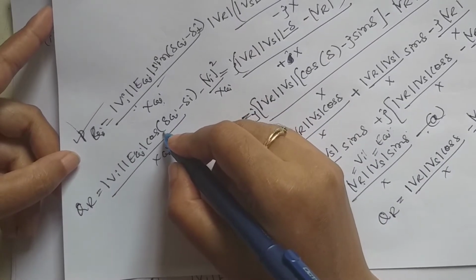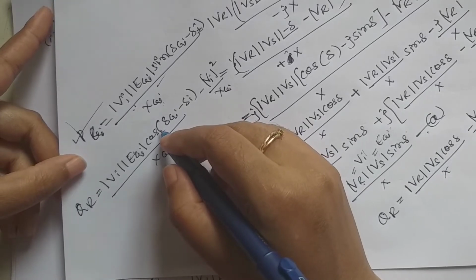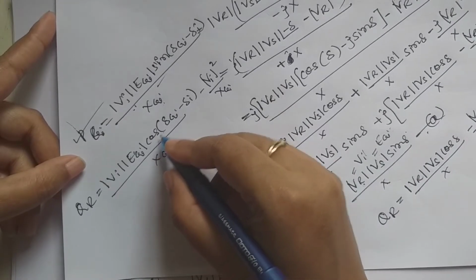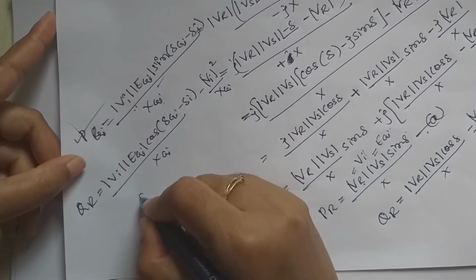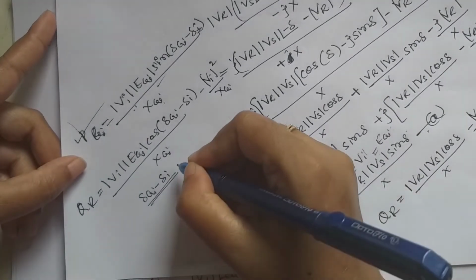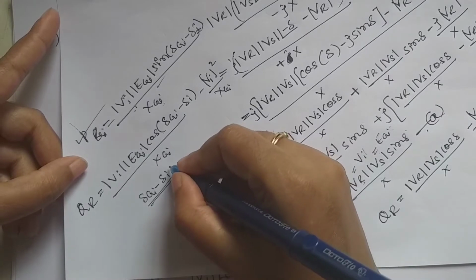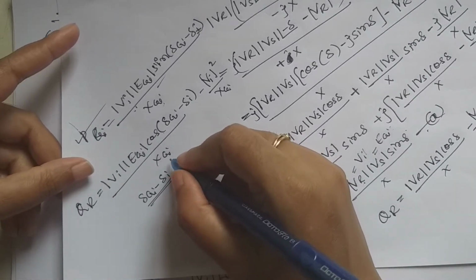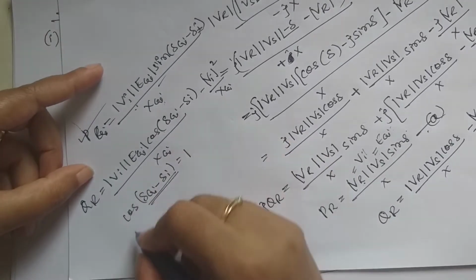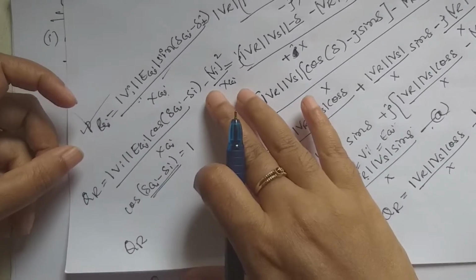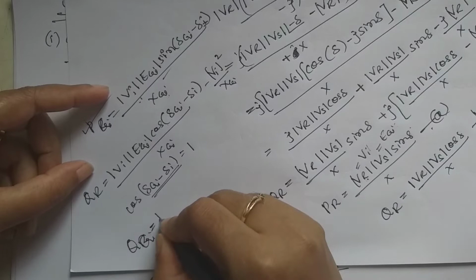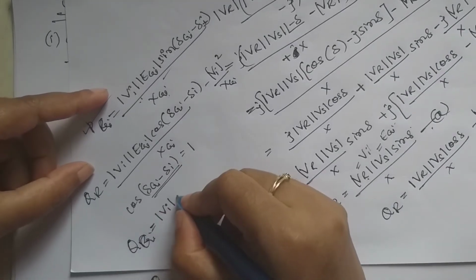Here, under normal operating condition, delta is normally small. What is delta? Delta is equal to delta Gi minus delta I. If delta Gi minus delta I is normally small, that means it's 0, and cos 0 is equal to 1. So, cos delta is equal to 1.